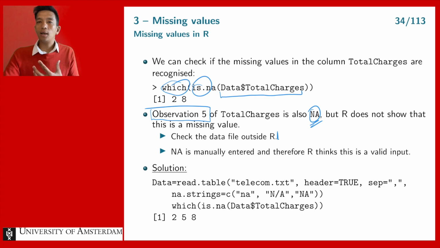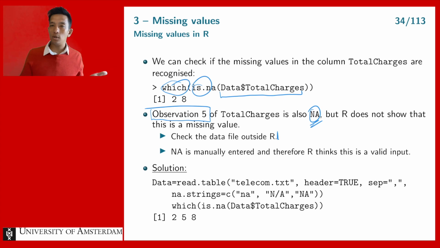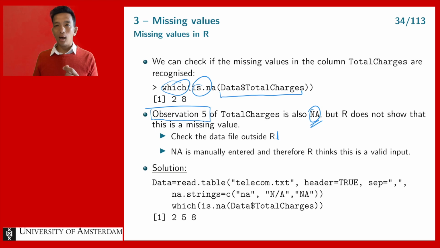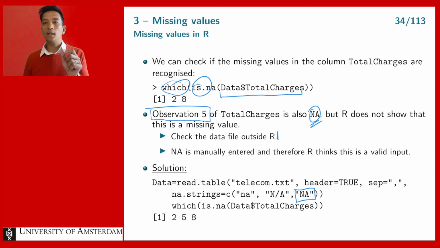R will consider that as a string. There is a word, NA, filled into that cell, so it's not a missing value. There is something, there is nothing missing. So it means that we have to tell R also that if you typed NA, and I do that here,